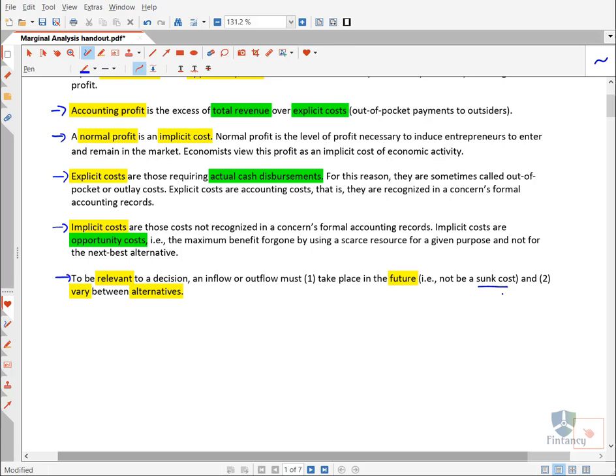In considering this decision, maybe there is some fixed cost which you can't remove or reduce based on this decision. That cost you will not consider when you are taking this decision. That is called irrelevant cost. But if there is any cost which will be affected by taking this decision, definitely that is a relevant cost for us, which is a future cost, and that will vary between these two alternatives. I hope it's clear with everyone.